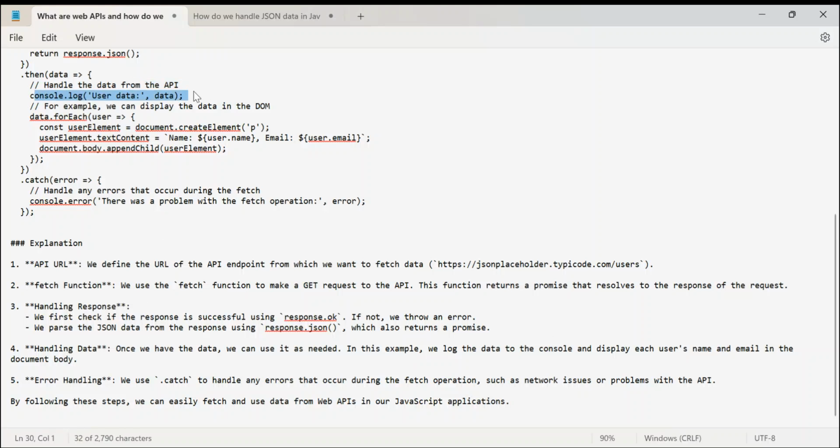Error handling. We use .catch to handle any error that occurs during the fetch operation, such as a network issue or problems with the API. By following these steps, we can easily fetch and use data from the web API in